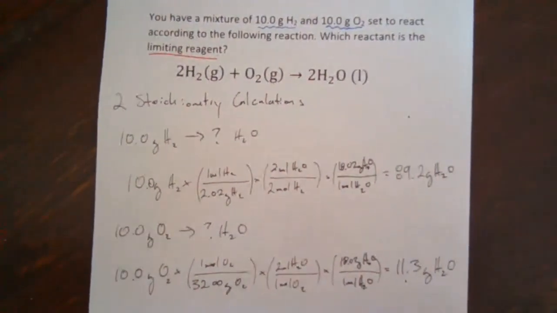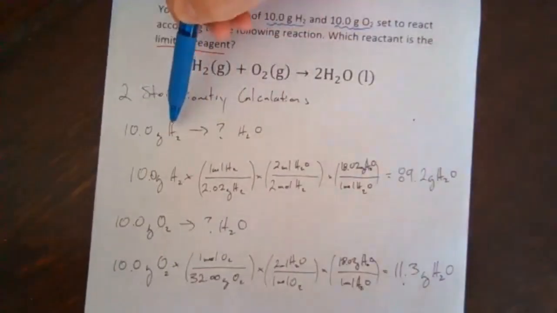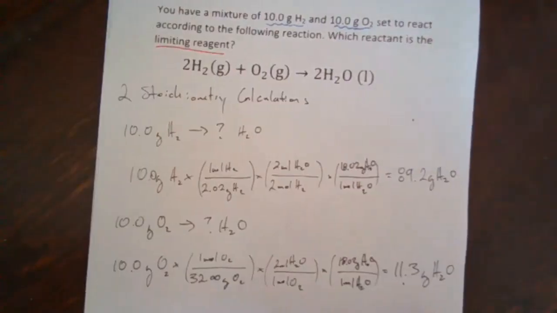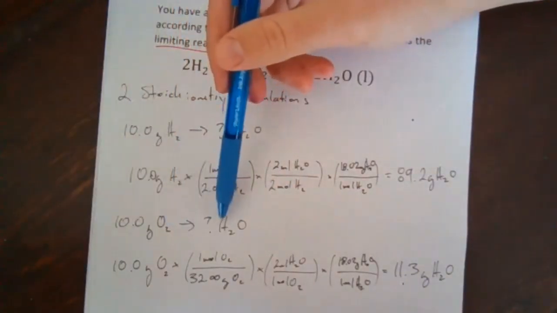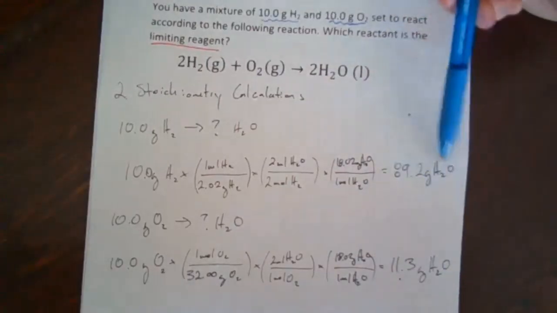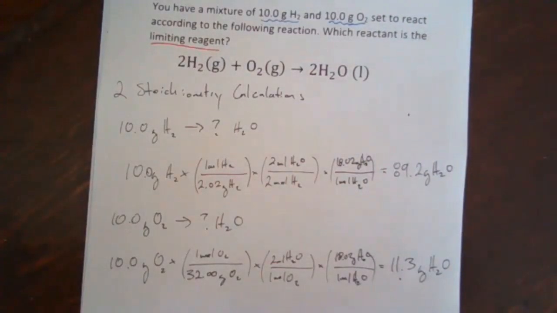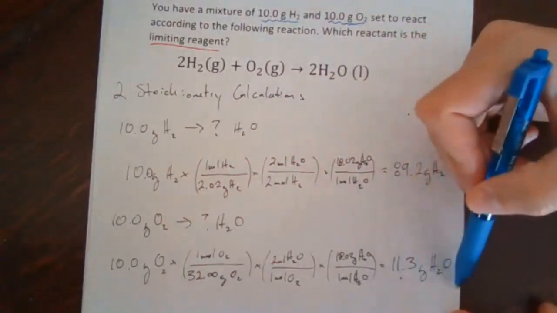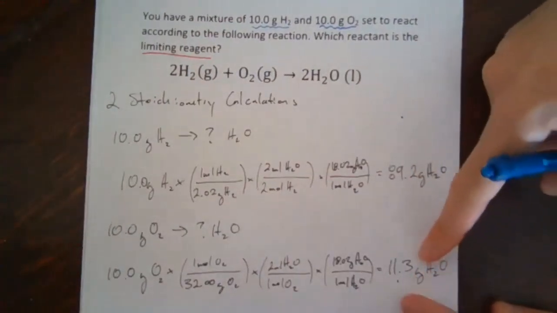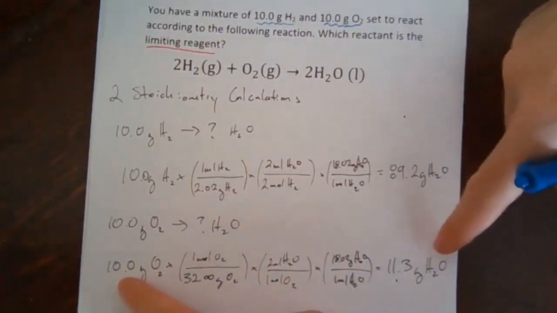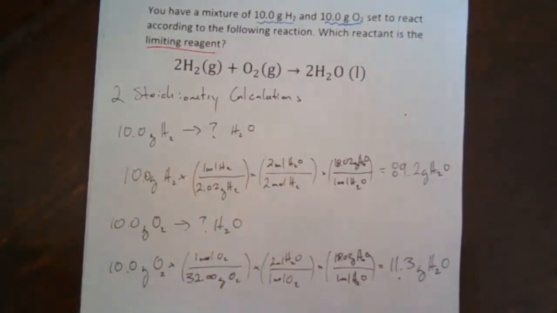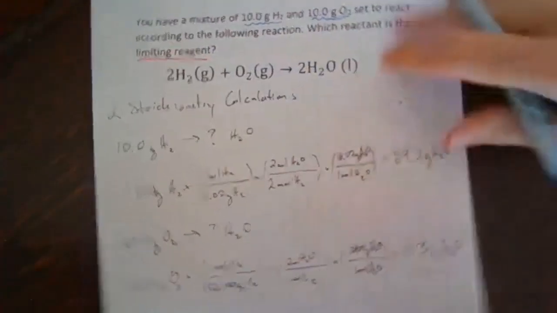So what this tells me is, if 10 grams of H2 reacts perfectly in this reaction, you'd make 89.2 grams of water. If 10 grams of O2 reacts perfectly, you get 11.3 grams of water. 11.3 grams of water is lower than 89.2. What that means is that since this value is lower, you're not making 89.2. You're only going to make 11.3. You only have enough oxygen to make 11.3 grams of water. All of this H2 cannot react. So because this is a lower number,